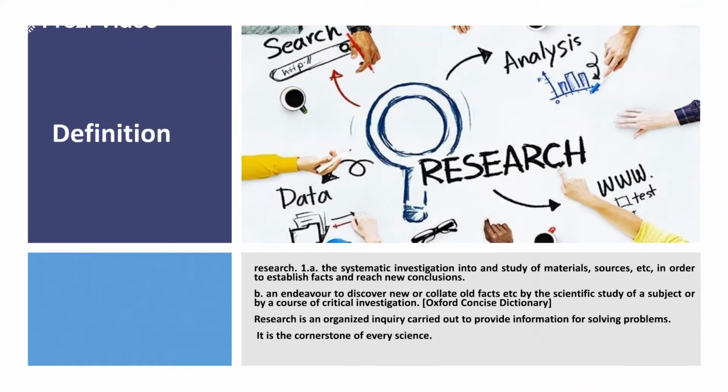If you see critically, the word research can be divided into two parts, re and search. Re means again and search means to find or explore. So when we are trying to find and explore again and again new information, new things, new knowledge, it can help mankind. Imagine a situation where we don't do research. How do new things, new ideas come up? Re means again and again we are trying to explore, we are searching to derive knowledge, and this knowledge can be applied everywhere in the development of mankind.